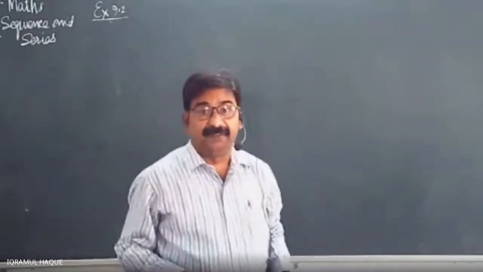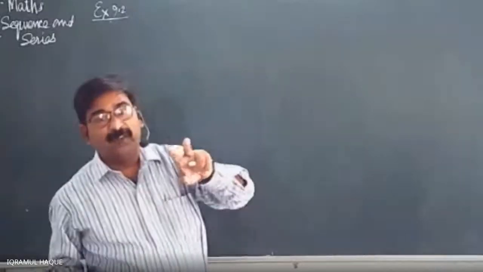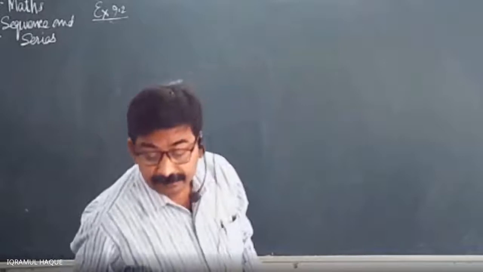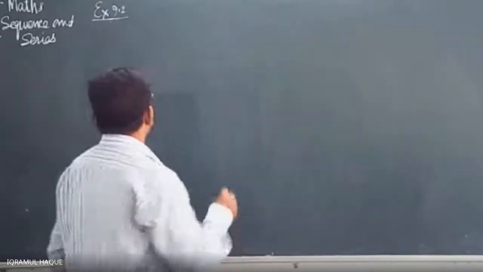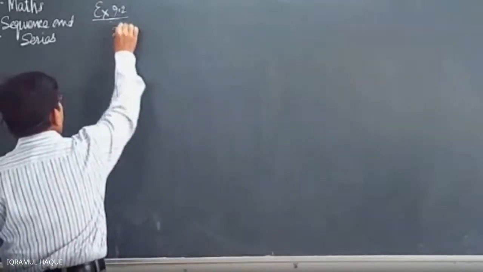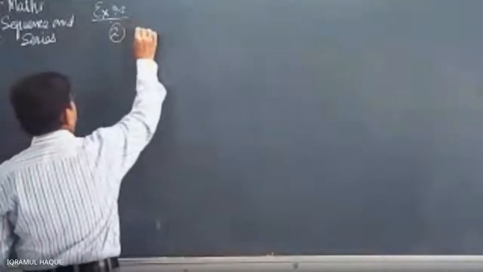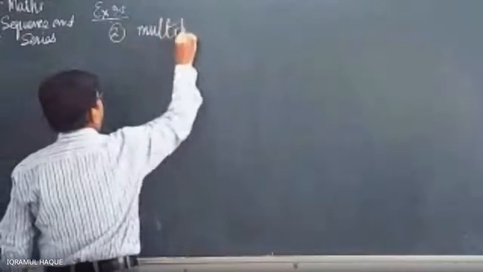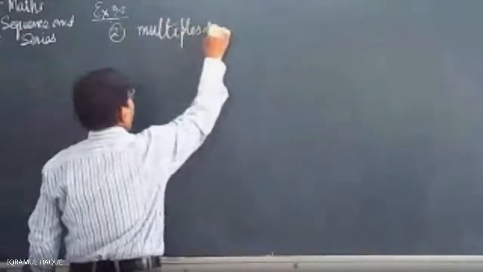Here the word is between, means extremes will not be included. So 100 and 1000. Multiples of 5